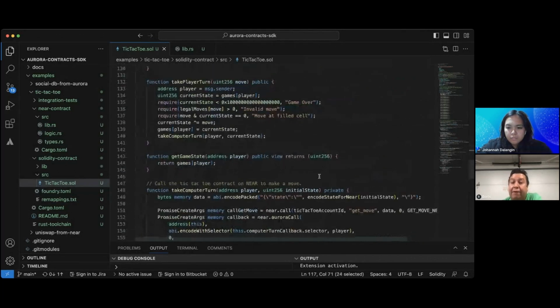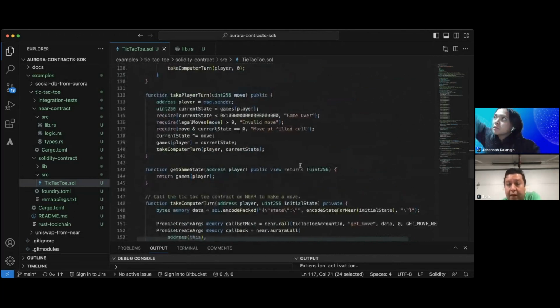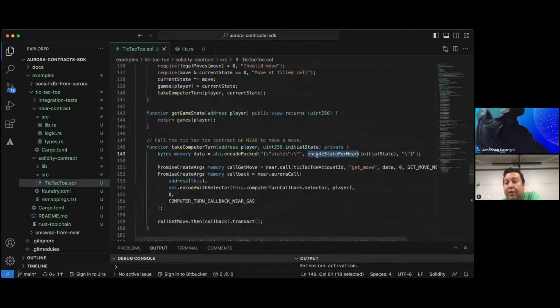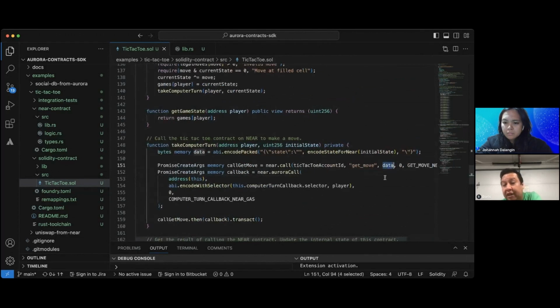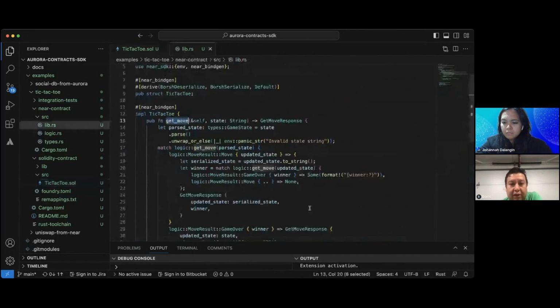The state has changed many times, and then you send an encoded state to Near, and you send the move, so the data is changed. The state you're sending now is the current state. So it will come back to the Rust library.